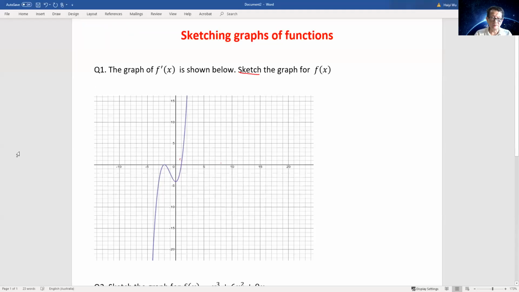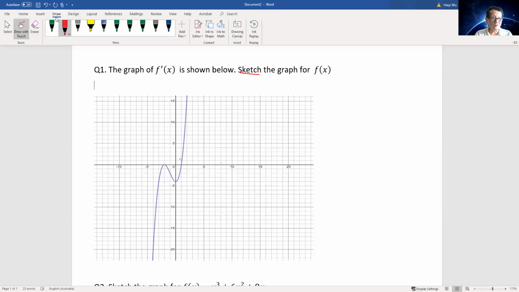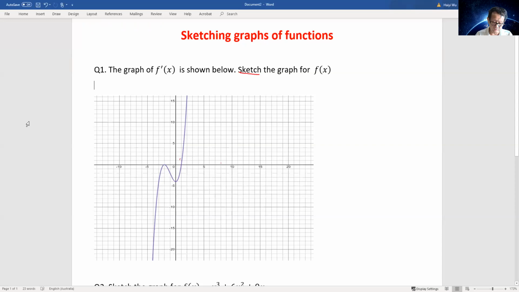Hello everyone. Today we are going to show you how to sketch graphs. Sketch means we roughly draw the graph using the conditions given. So we've got two questions. The first question, we are given